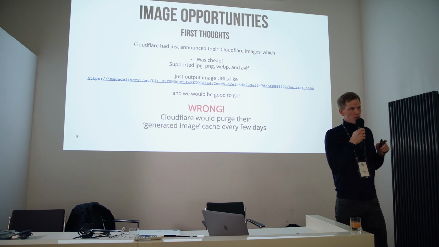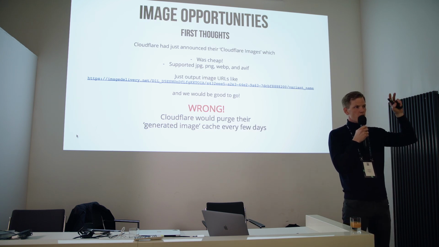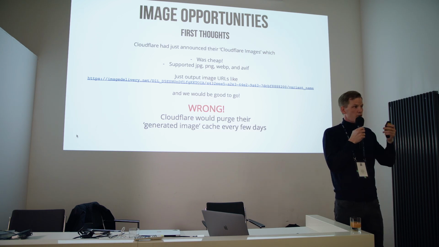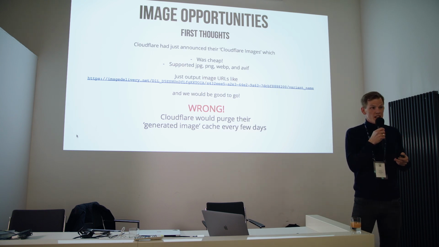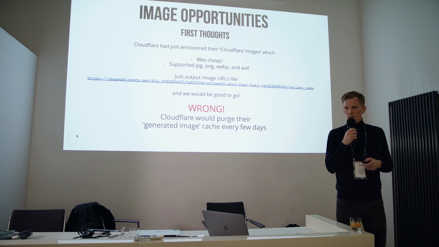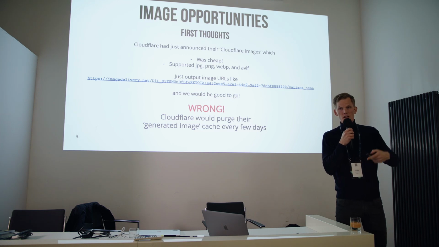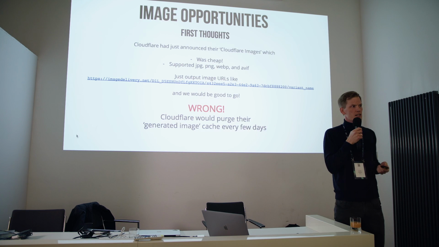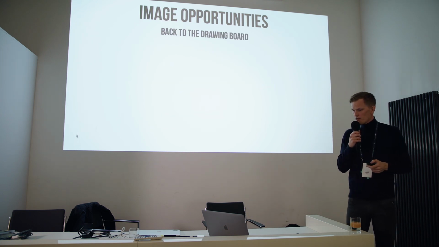Well, it didn't. Because what we figured out is that Cloudflare will purge this generated image cache pretty frequently, not for very frequently used images, but for a lot of images, which ended up being our categories. Some of them would load very slowly, because we would request images from Cloudflare that weren't generated, and you would see a page with no images, and it would take 10, 20 seconds to load a category page with images. So we went back to the drawing board